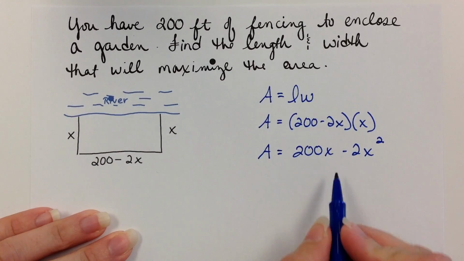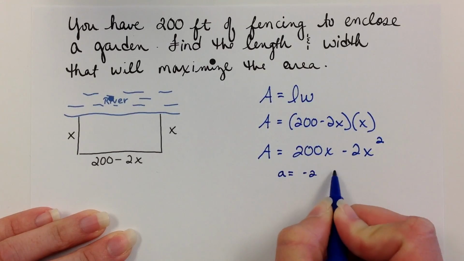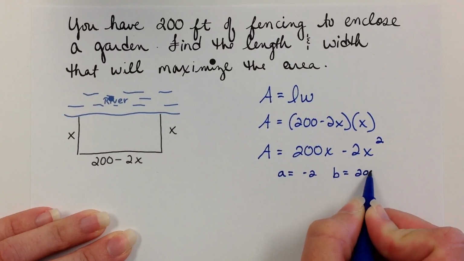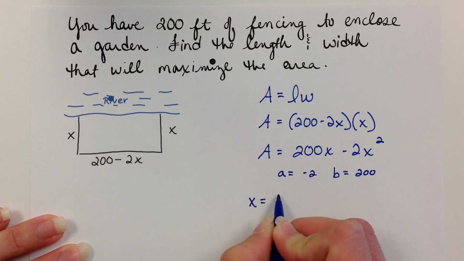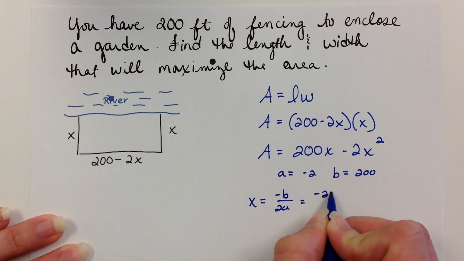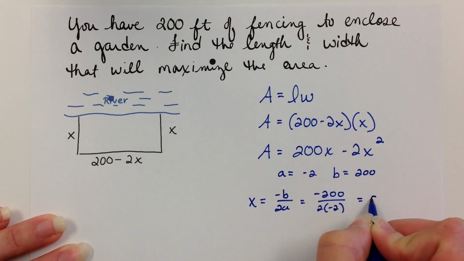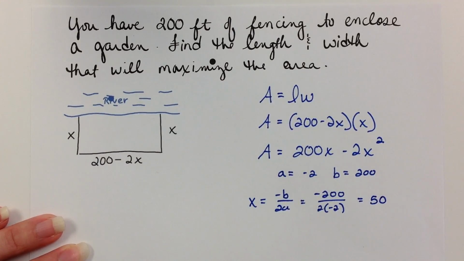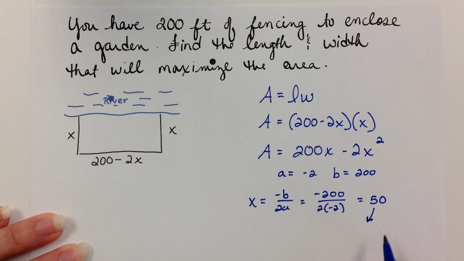Okay, so when it's in this form, of course, your A value is the -2. Your B value is the 200. All right, so substituting this into the -B over 2A, you have -200 divided by 2 times -2, which will give you 50. And that's actually your width right there, because your width is defined to be X, and that's what we just found was X. So width